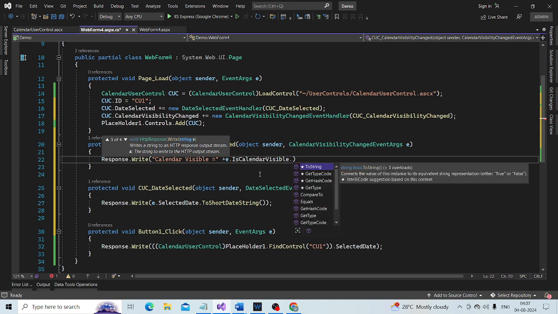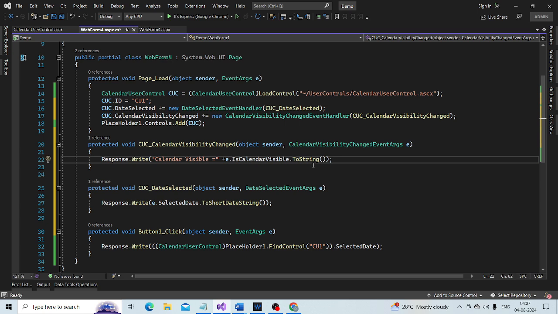Convert it to string. Okay, so we have the events also associated with this calendar user control.